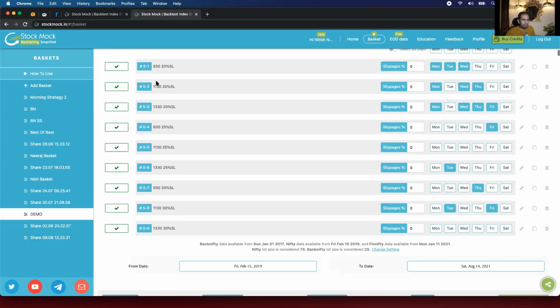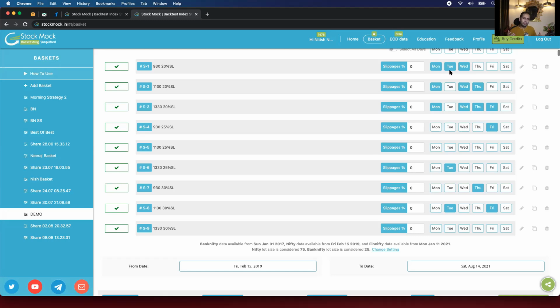For example, if the optimizer has chosen for me this combination, say 20%, 20% and 20% on Monday, what if I want to repeat the same strategies on all the days? I don't want to differentiate that on Tuesday I'm doing something else, even though the optimizer is saying it's the best.